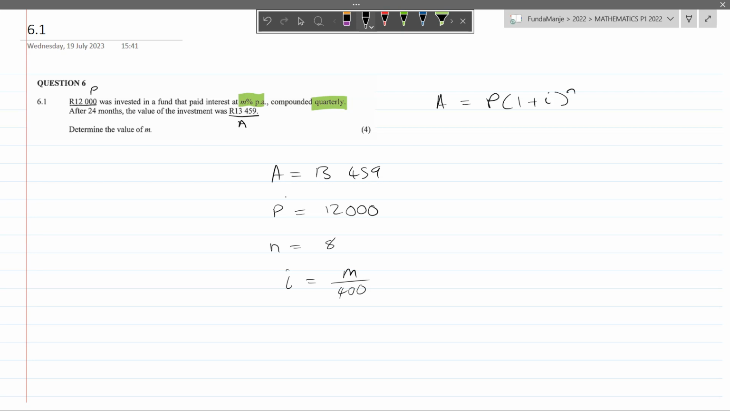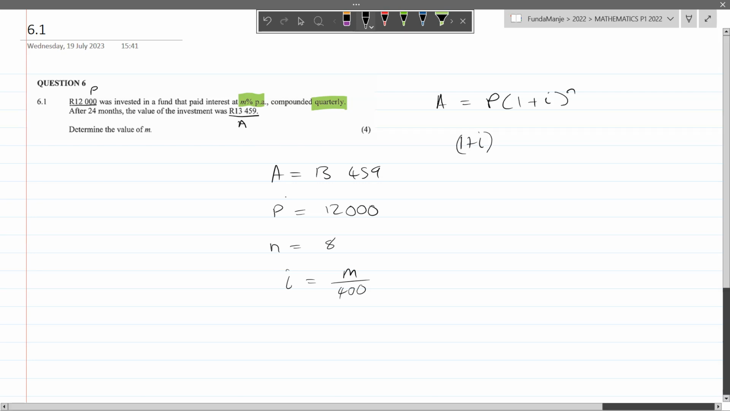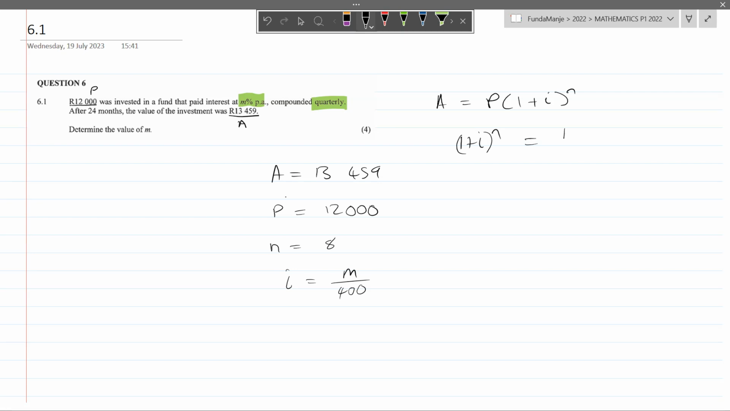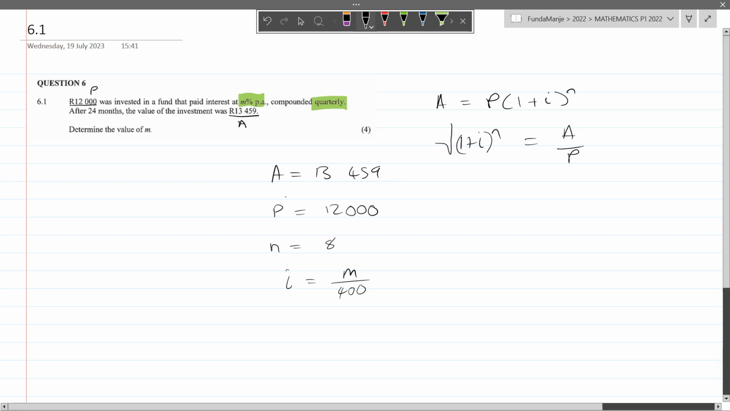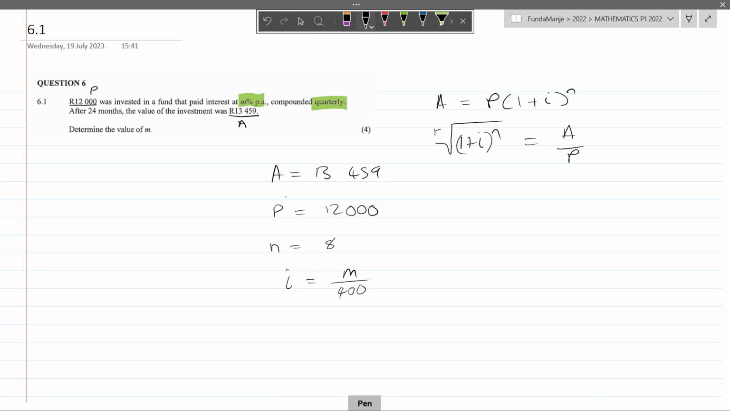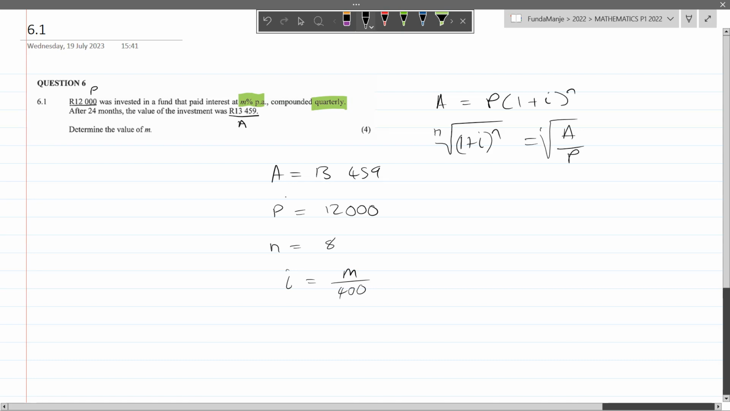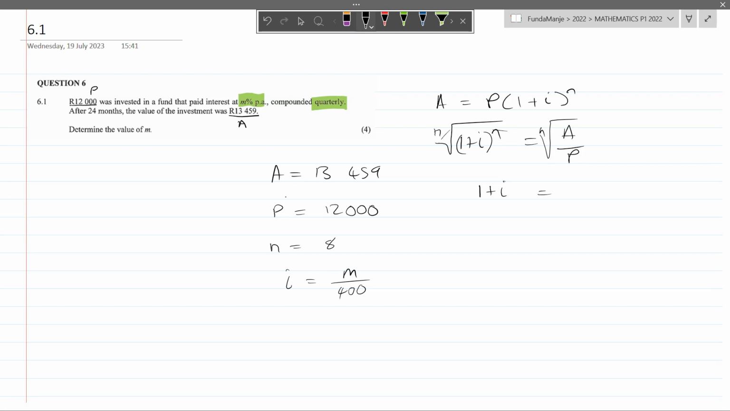So before we make the substitutions, we can make m the subject of the formula. So here I'm going to divide by P on both sides to have 1 plus i to the power of n is equals to A over P. And then at this point it's quite difficult, but we can still do it. It's not difficult at all, actually, it's just unusual. Take the nth root, whatever n is, take the nth root. Here it will cancel. 1 plus i is equals to the nth root of A over P,